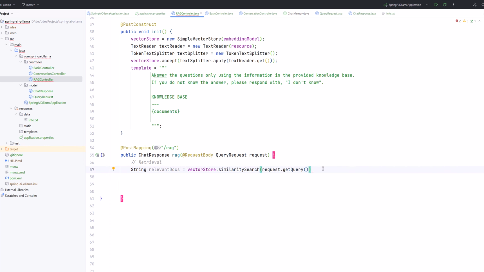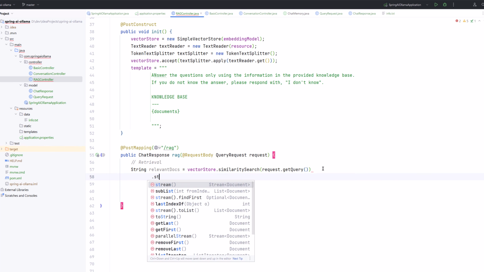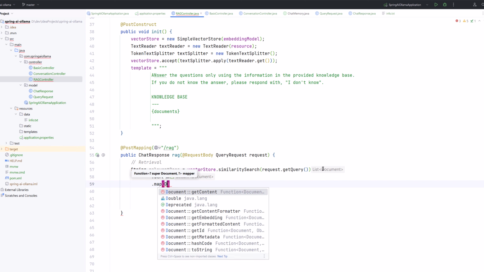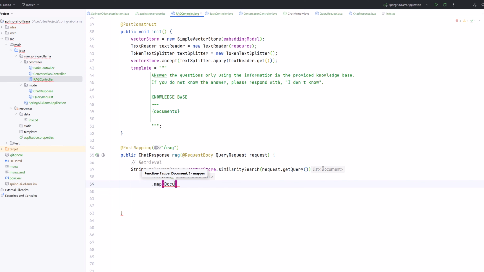Okay. Dot stream. Inside the map, you will do document.getContent and collect the response. This is what we got from the VectorDB.